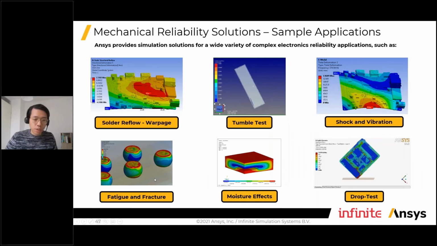So for solder joints, we're looking at fatigue and fracture, like when you use it over time, when it's going to fail. And also the solder reflow process, like when you put the chips on top and then heat it up so that you use reflow to bind the soldering, what additional issues might appear, and how you're going to avoid component failure during this reflow cooling process. And then we also have the tumble test, to see how a device is going to survive in such a violent shaking and impacting environment. And also the drop testing, of course.